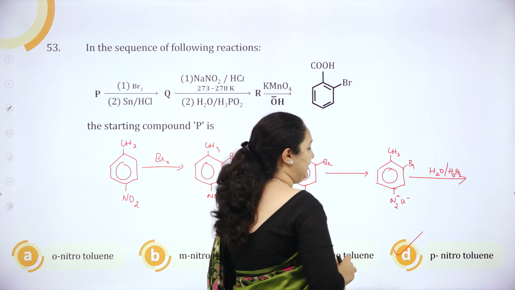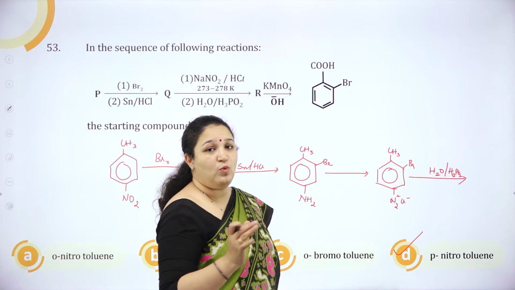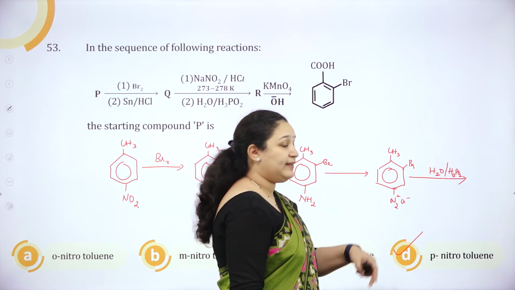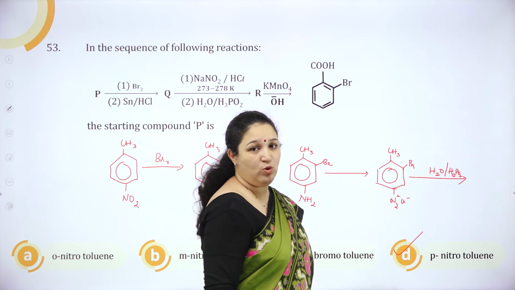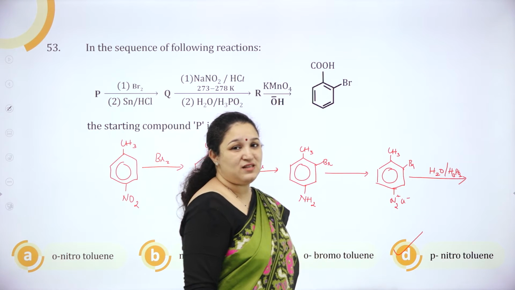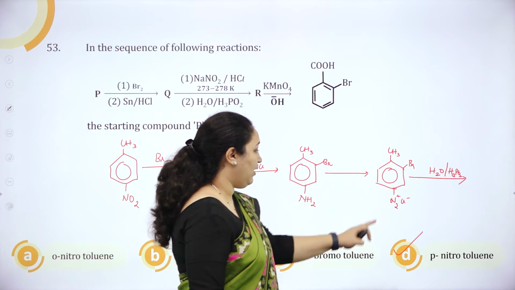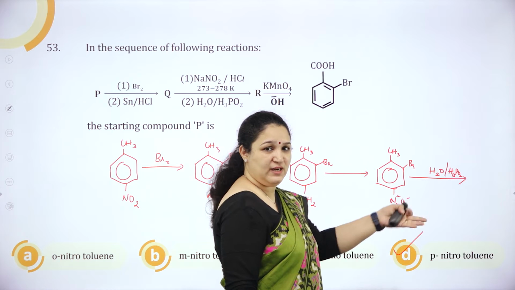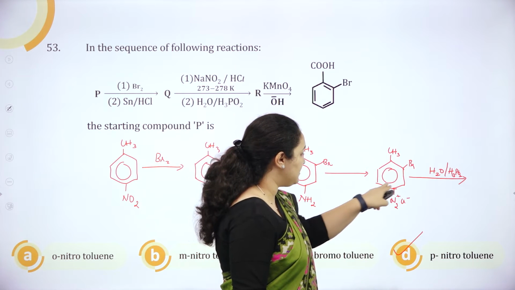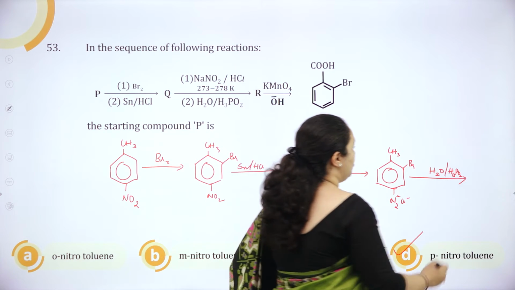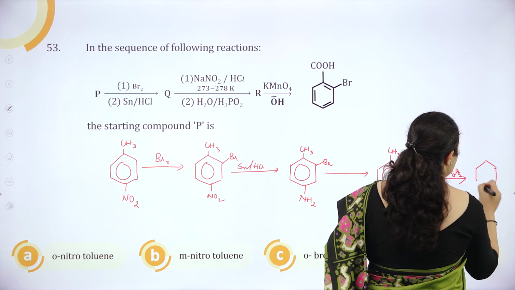Nitrogen can get completely liberated. So what will happen here? Nitrogen will get completely liberated. Chlorine also will go away, as acid is present. So the H plus ion is present. It can go completely and you will get this group completely removed. So you are going to get it as